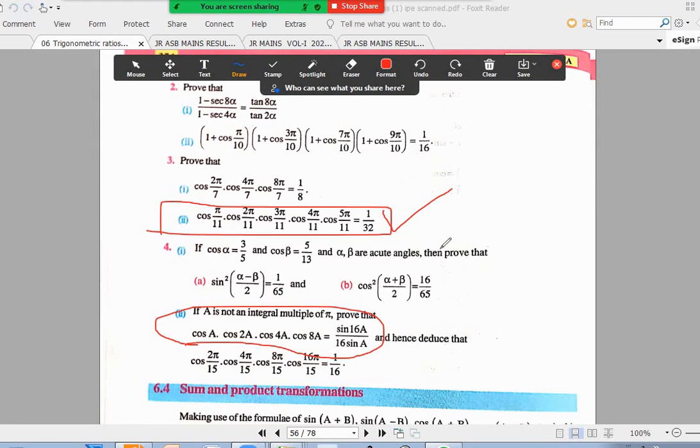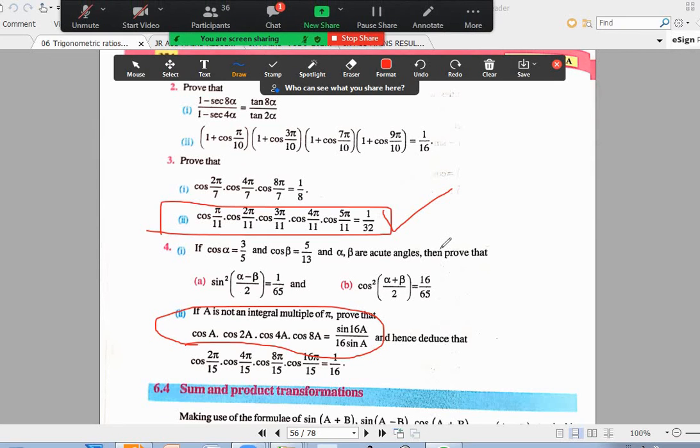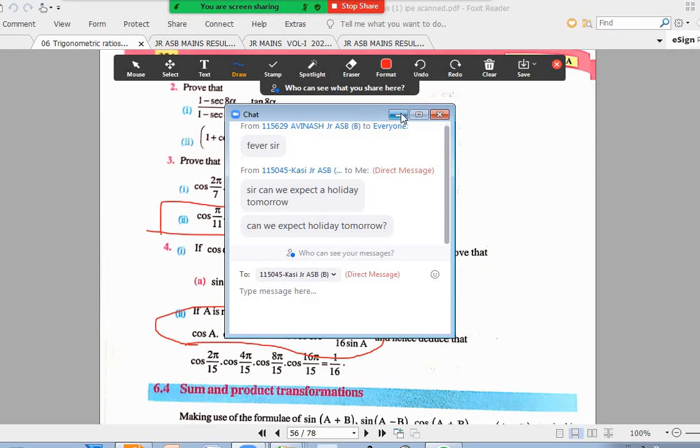Those who have finished all this work can start doing exercise 6D. If somebody completed exercise 6D, you can look at the examples before 6F and even do 6F also. Otherwise, tomorrow I'll give you some idea about exercise 6F. That is also transformations. Exercise 6D you have to complete first. Also, tomorrow is not a holiday, so normal classes are there.